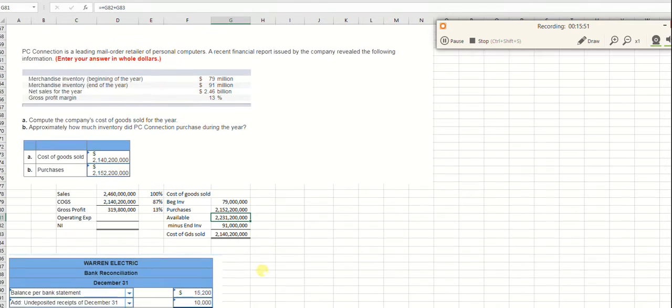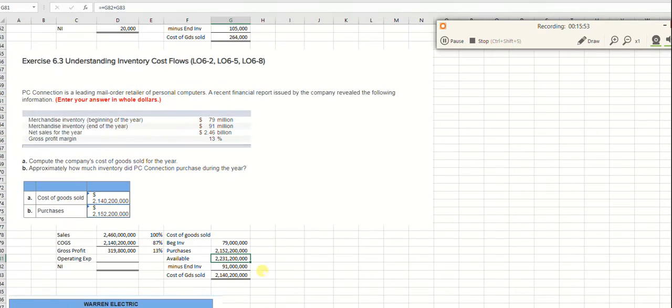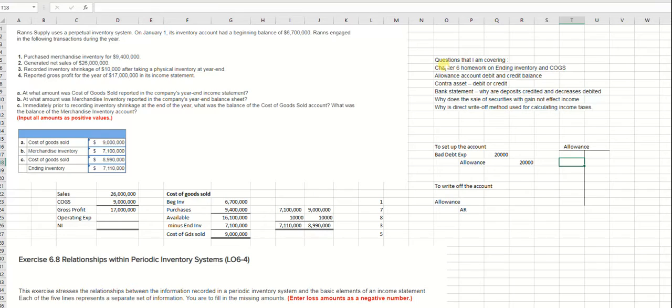Okay. So I'm going to pause this and look at my other questions for a second. Okay. So I'm going to call this one answered. So I'm going to delete that one. Now I'm to the allowance account. When does it have a debit and credit balance? Okay. And I think I understood the question that was asked, but let me go through this.